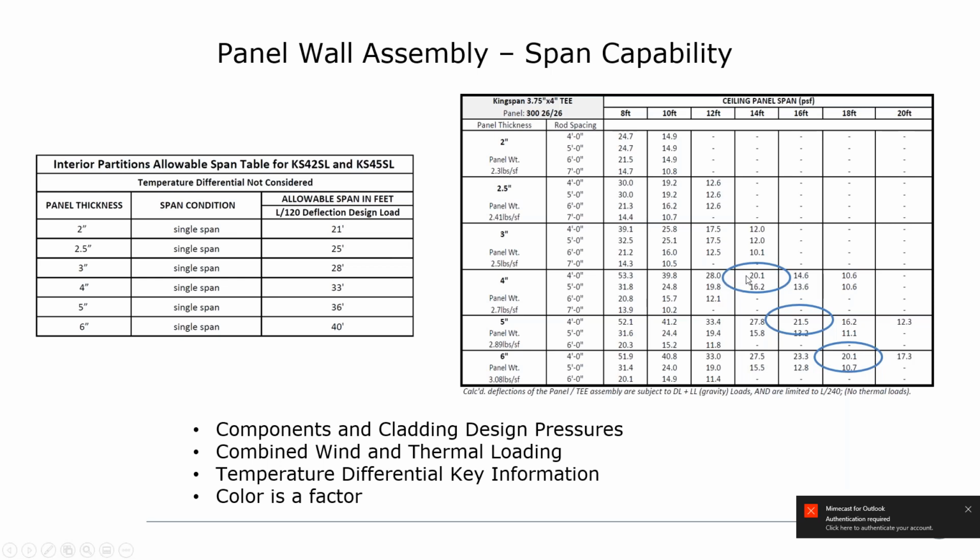This essentially, you guys are probably familiar with this, but it's showing the capable span of a ceiling under load of 20.1 pounds. Let's see at the top circle here on the 4-inch panel. And the rod spacing in the ceiling is addressed at 4 feet. And you can see as the table stretches out, the available product that meets those spans diminishes. So we typically see for, let's say, ceiling designs, a 10 to 12 foot span, and on wall conditions,